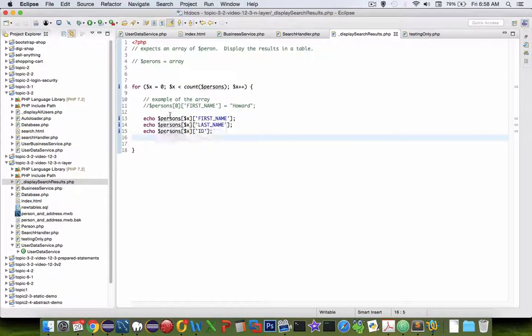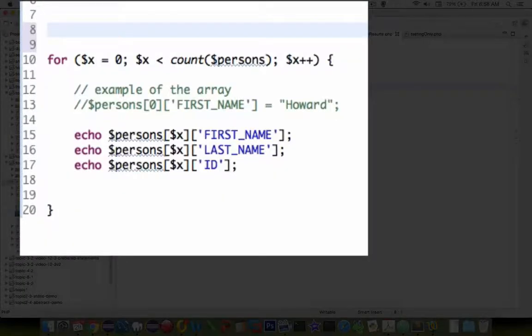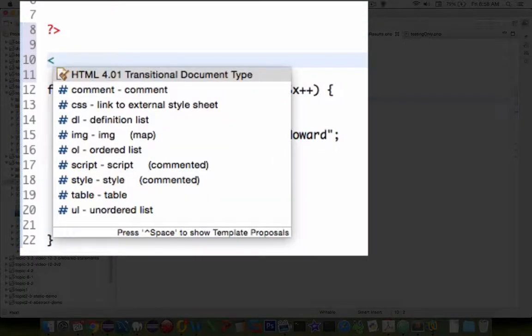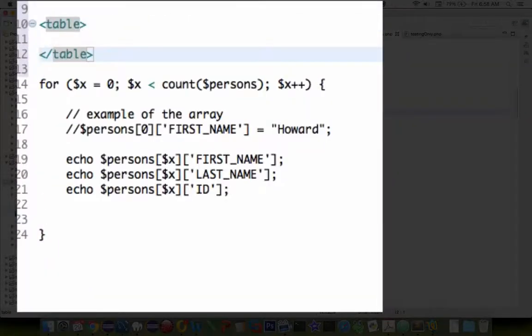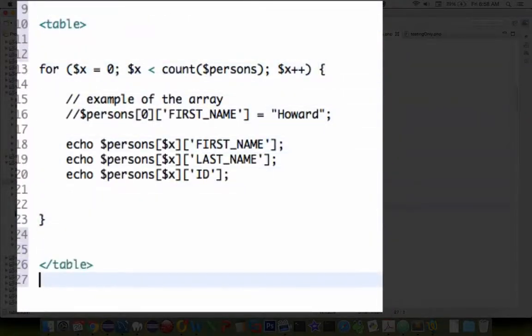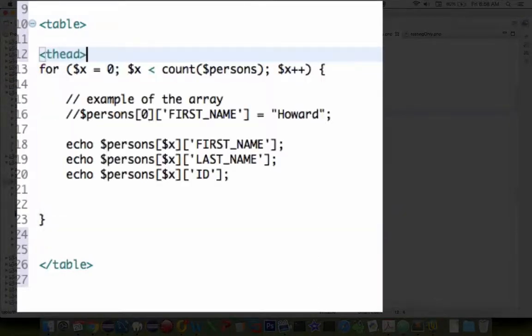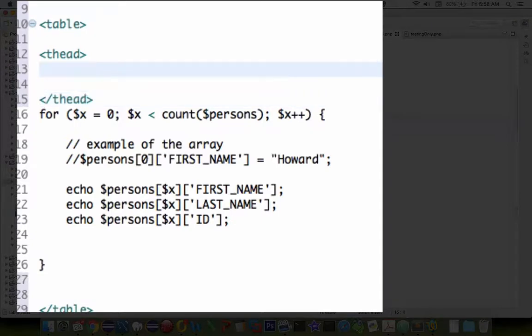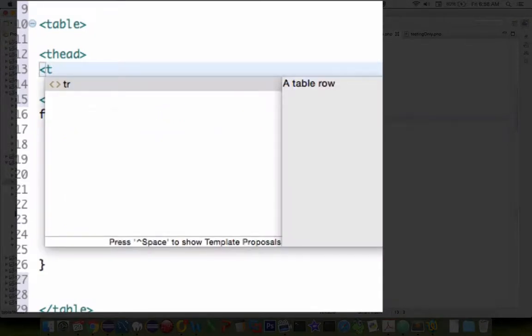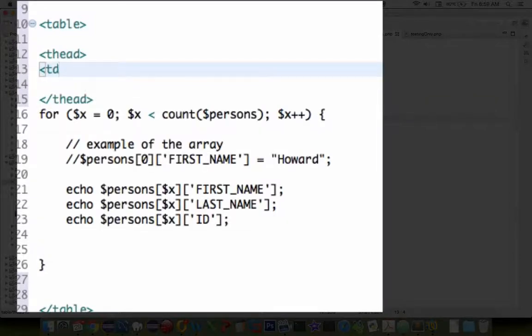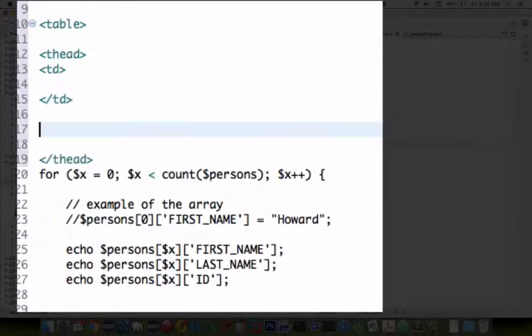Okay, so obviously we need to have some formatting. Let's try and do this with a table, okay? So first of all, we have to create the first row in the table. So let's create some HTML here. This is going to be table, and that's going to go afterwards. So the table header. And inside of here, we're going to have 3 items. We're going to have a TD and an end TD, and we're going to need 3 of those